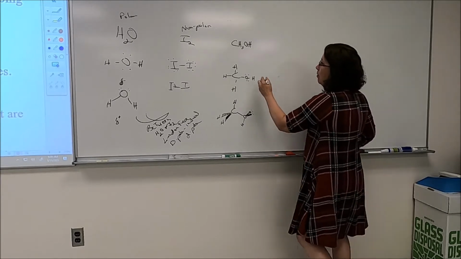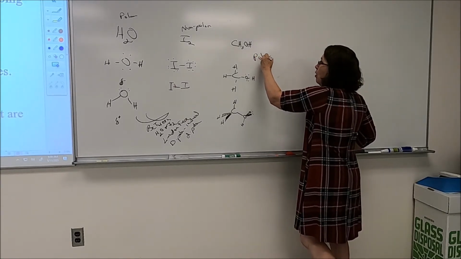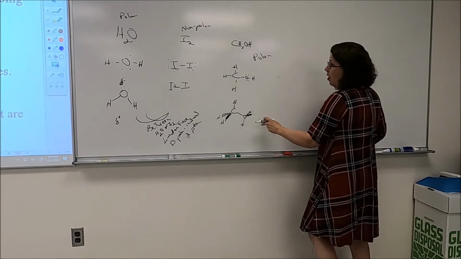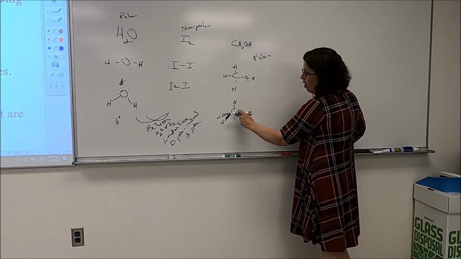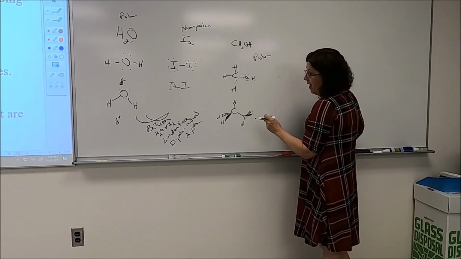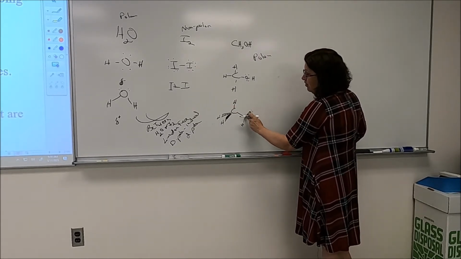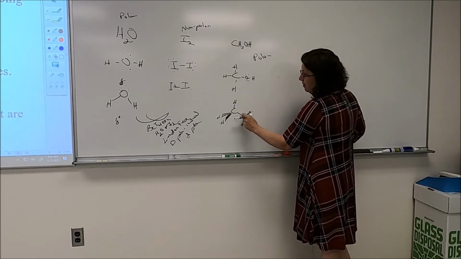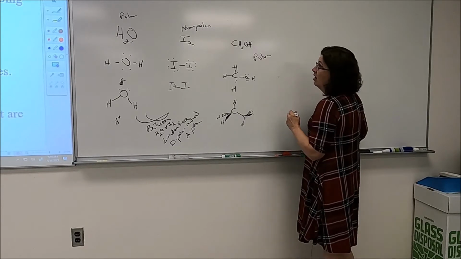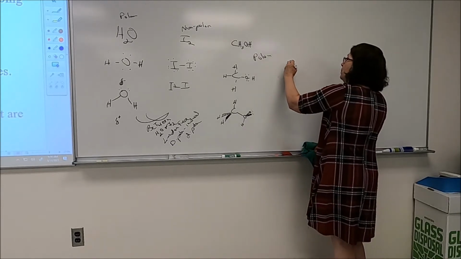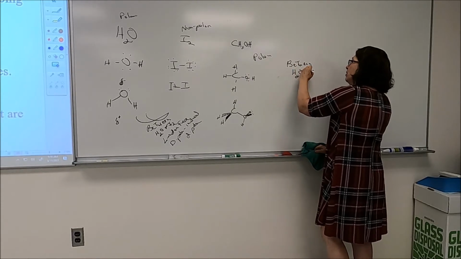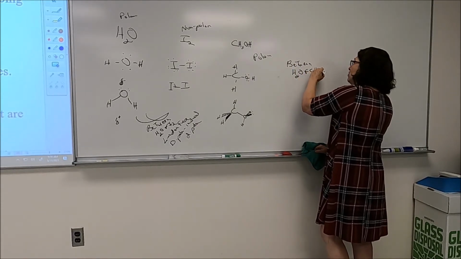When you look at this molecule, it is polar. So just like water, this molecule is polar. If you look at that carbon and think of it as your central atom, not all the groups around that are the same. If you look at this oxygen, it's got this carbon group, it's got the hydrogen, it's got 2 lone pairs, it's definitely not the same. This sucker is polar. So between water and CH3OH,